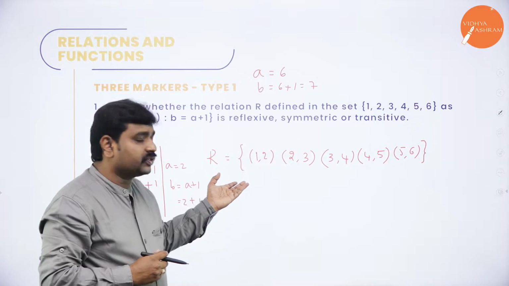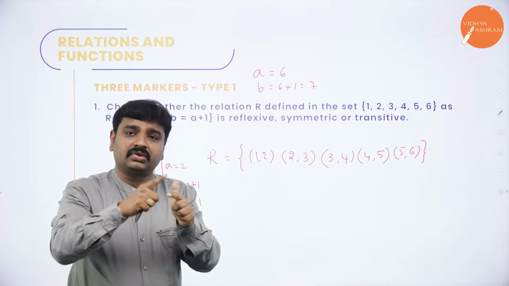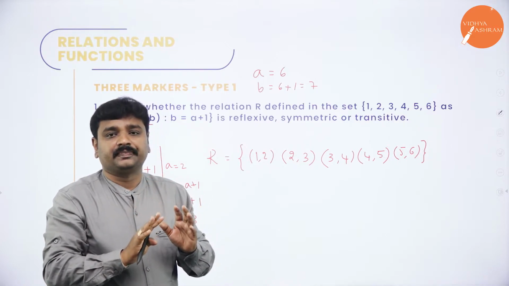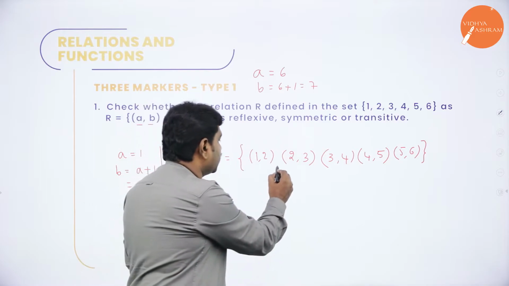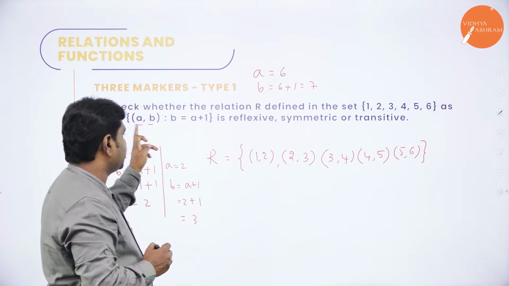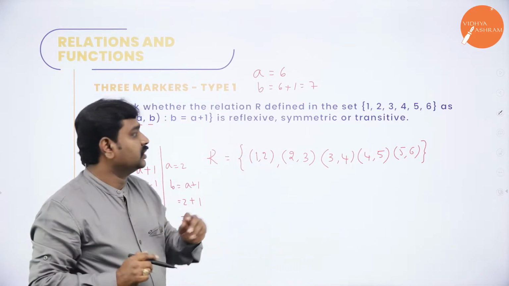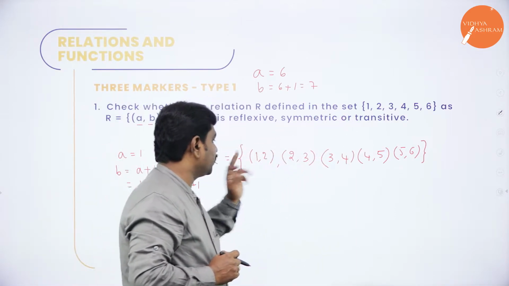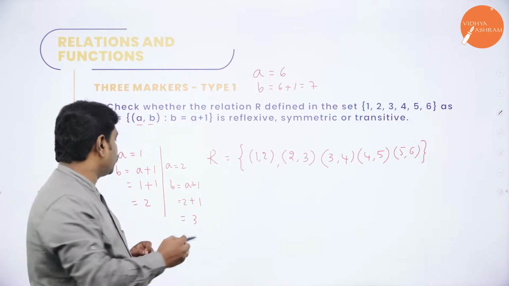And this is not a new thing for you. In your first year PUC, you learnt how to write the relation, how to write the range for the relation also. So, now I wrote R. How to write R? You should write elements in ordered pairs. First element we call it as a and select a from the set. So, in the set, whatever is there, 1 is there, in the place of a put 1 and calculate the value of b. How to calculate the value of b?